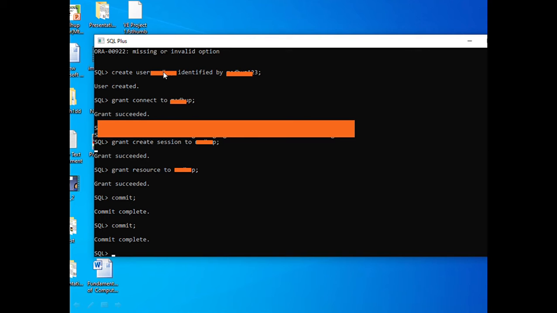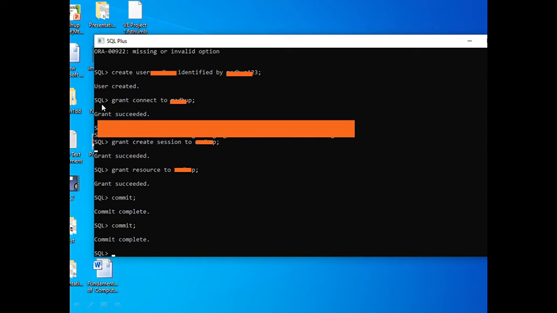In place of username, write the name of the user you want to create, and in place of password, write your own password, but it should be alphanumeric. Only numeric is not allowed. And after that, we use a semicolon to execute a SQL command. After this, your user will be created.